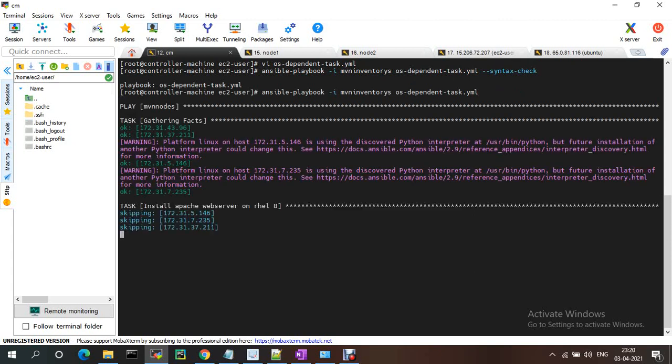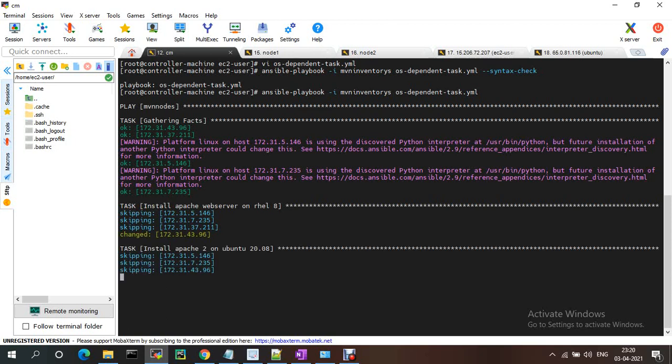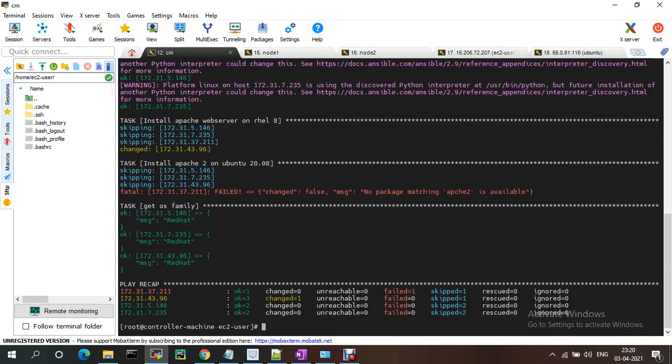I'm gathering the facts. I'm skipping all these two. And see, it is Red Hat. It is installed. OS family is getting. If it is installing, change this one. This is only the server. It should be installed.